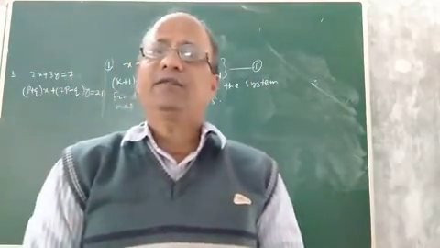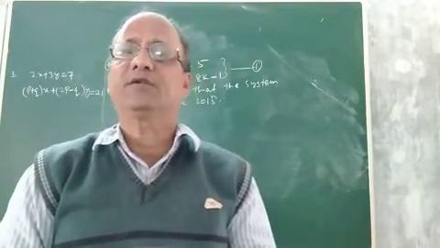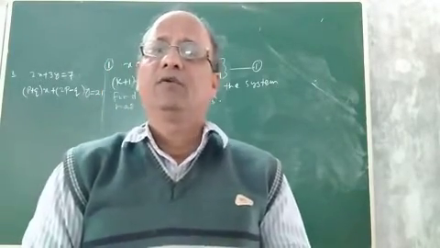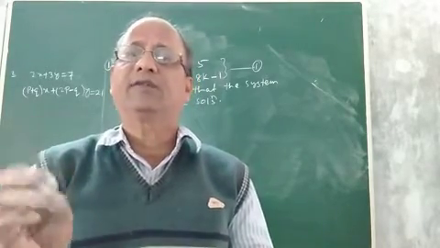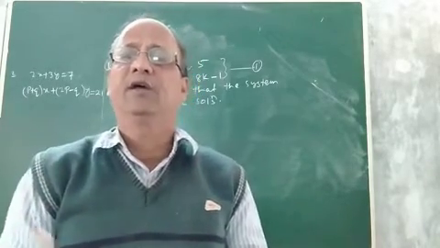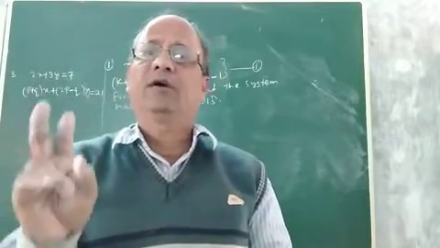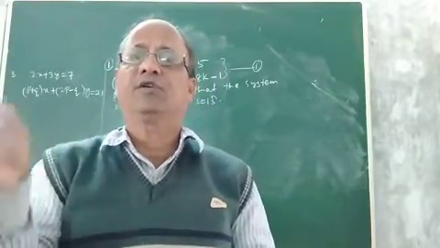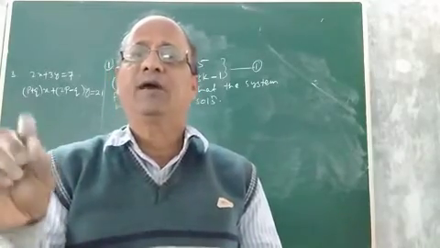Children, in the last class I discussed a few problems on pair of linear equations in two variables, where we found the values of different constants, say k, alpha, beta, etc., where we were given two equations and it was given whether the system has a unique solution, no solution, or infinitely many solutions, and how to find the value of k, alpha, beta, etc.